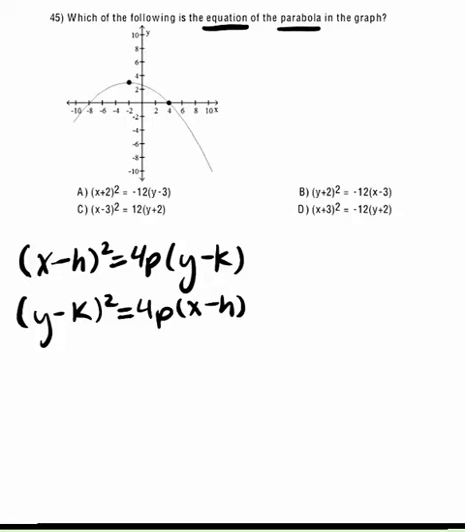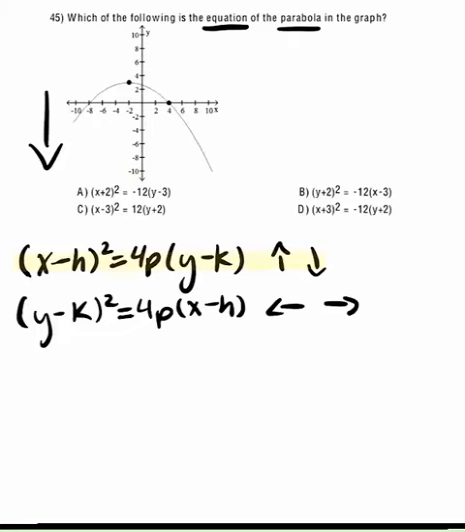It can either be (x minus h) squared equals 4p times (y minus k), and that will give you a parabola that is either facing upward or downward. It can also be (y minus k) squared equals 4p times (x minus h), which will give you a parabola that is facing either to the left or to the right. Here we know our parabola is facing downward, so we need the equation which gives us a parabola that faces